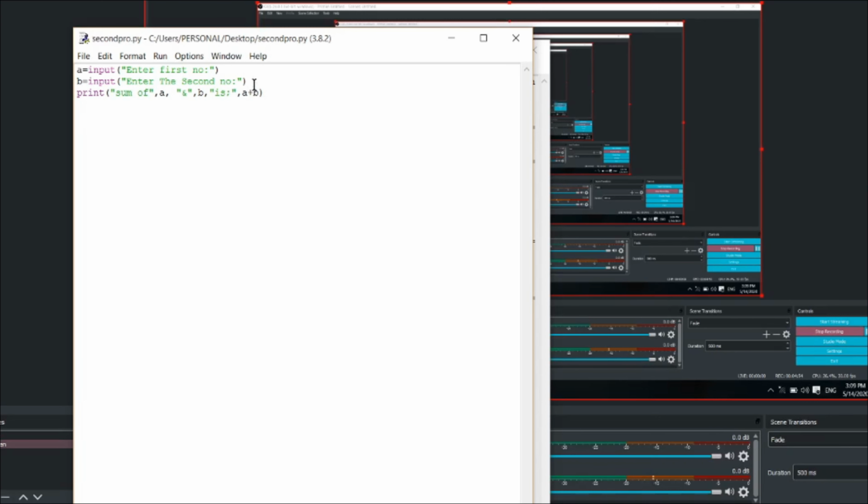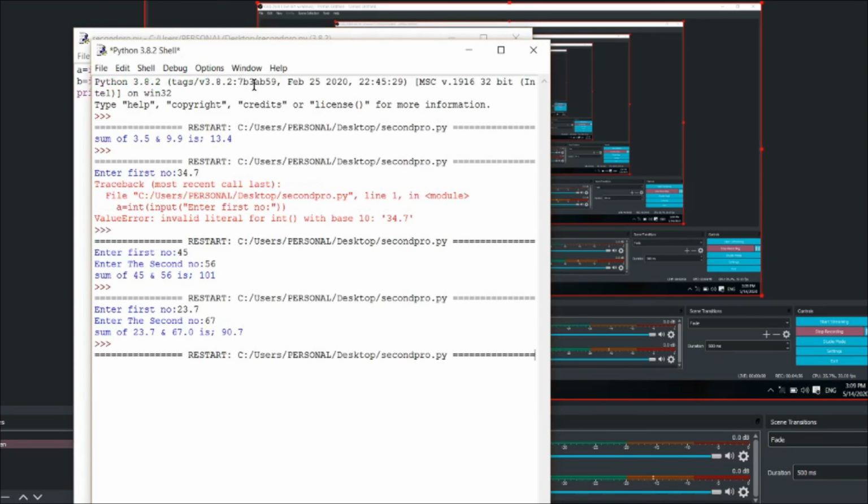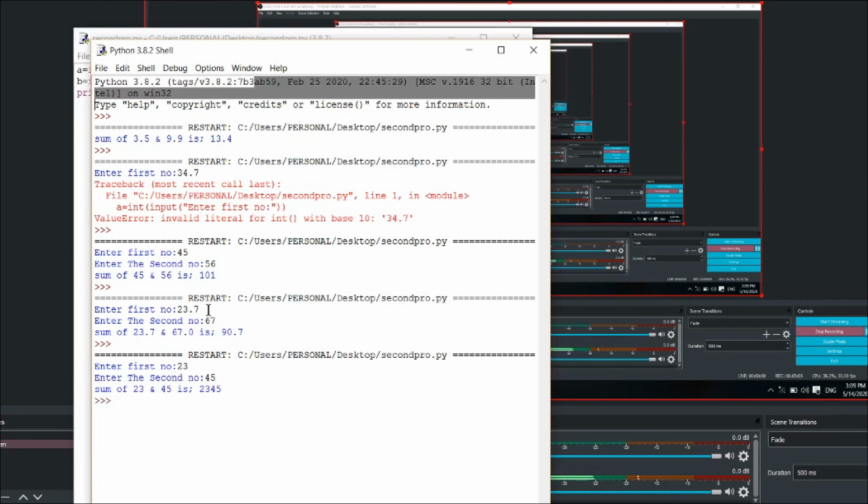Save it, run it, enter first number. I am giving 23, I am giving 45, I am getting, it should be 68, but what it is coming, 23 45.